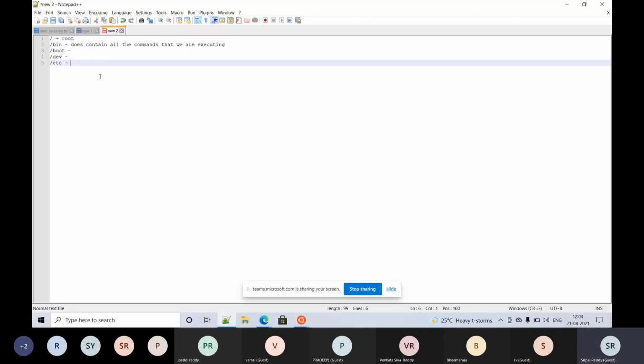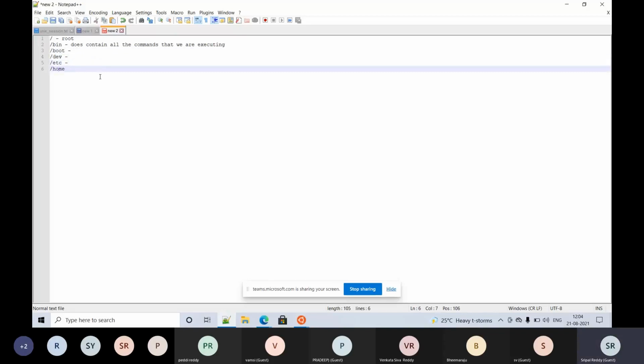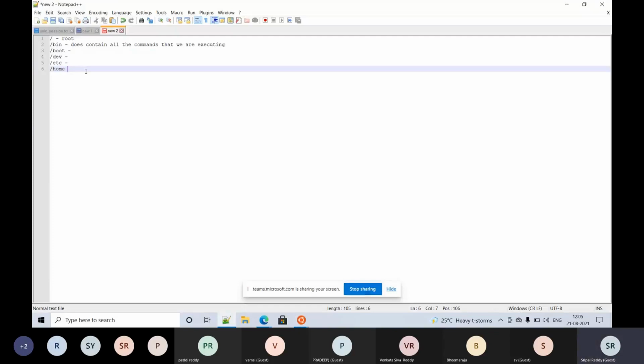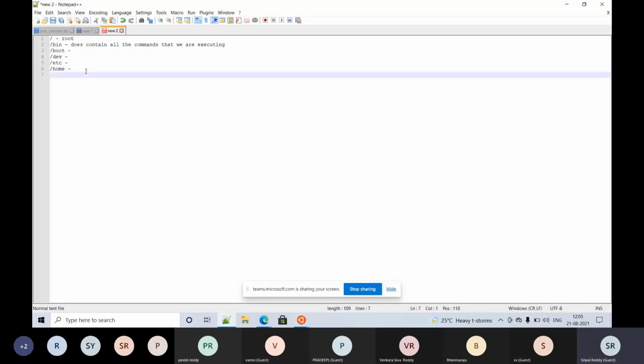Okay. And the next important directory I have is /home, where the users will have the folder for all users. Let's say if we are creating a user now, right? So I'm creating admin, might create a user. Let me do. So you could see that I have a username with my name on it, and it is stored under /home. When the username is created, they'll get a folder that gets created under /home. Right. So such user folders will get stored under /home.